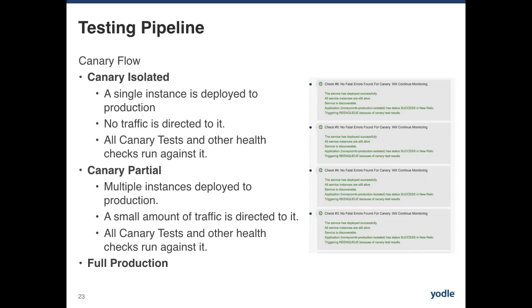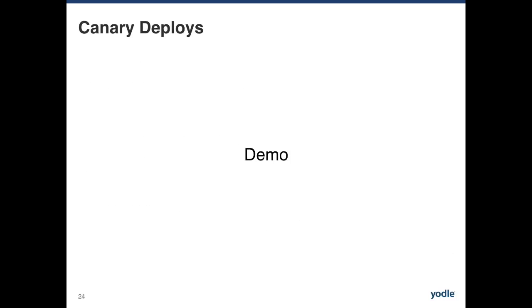I will say, I think these Canary tests are really cool. There is one drawback to them, and that's that they are run in production. So writing destructive Canary tests is very dangerous. Most of them are going to be stuff like gets and viewing stuff, rather than trying to build stuff or delete stuff. So that's one of the drawbacks to those. Okay, so